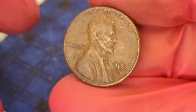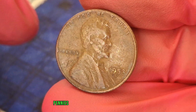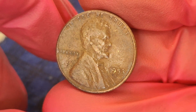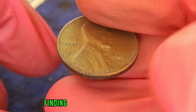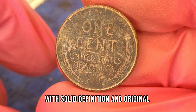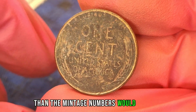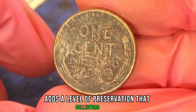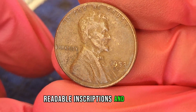numismatic market. While over 181 million 1953 S pennies were originally struck, many have been lost over the decades, worn down from circulation, or corroded beyond recognition. Finding one in fine condition today, with solid definition and original surfaces, is significantly less common than the mintage numbers would suggest. The fine condition adds a level of preservation that collectors desire: sharp design elements, readable inscriptions, and overall